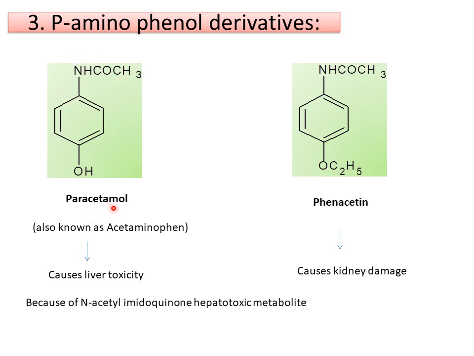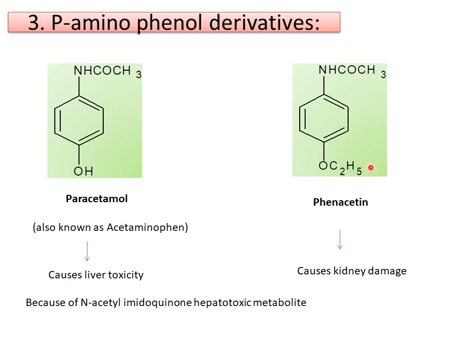It gives paracetamol. The major side effect observed with paracetamol is liver toxicity. Why it causes liver toxicity: with overuse of paracetamol in overdoses, it releases one toxic metabolite in the liver, named N-acetyl-imidoquinone. N-acetyl-imidoquinone is a hepatotoxic metabolite which is released in the liver cells and covalently binds with them, causing liver toxicity. This is very important for entrance exams like GPAT and PG set. So the toxic metabolite produced by paracetamol is N-acetyl imidoquinone.